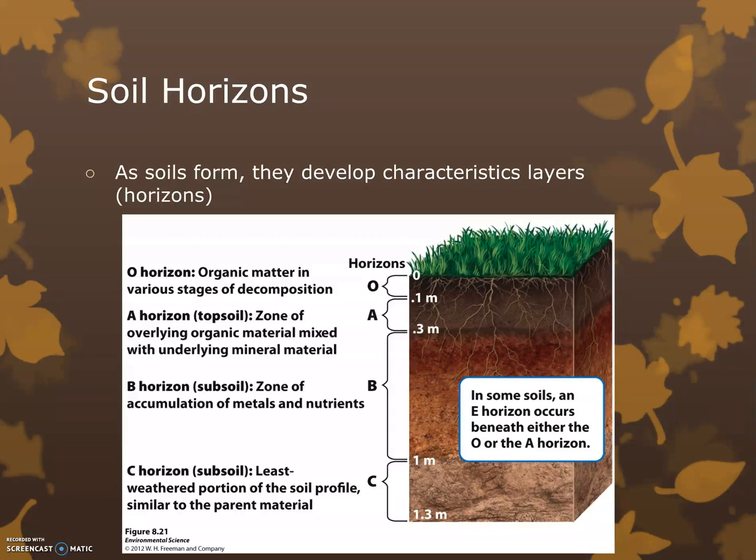That A horizon is our topsoil. That's sort of the magic small little area here that's so responsible for plant life. It's overlaying organic material mixed with the underlying mineral material. And mixing can occur naturally by human agricultural practices or by organisms that burrow and weathering and other rain and things like that. The B horizon, like we said, was this broken up parent material. So sometimes in between A and B, there is an E